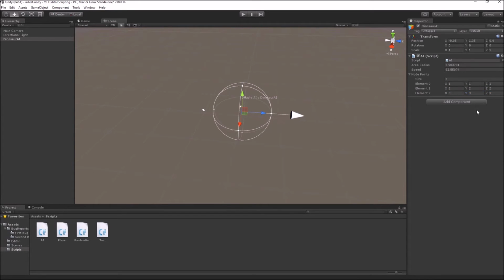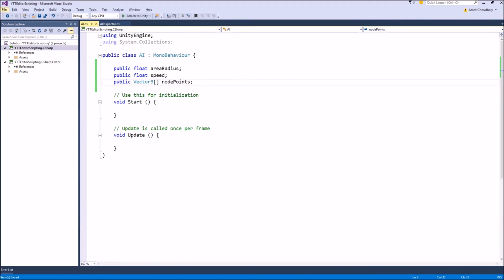But there is no way you can be sure the AI is not going to move into an obstacle, it is not going off screen, etc. So you want a method in which you can visualize exactly where these points are inside your scene view. For that, we can use the Handles.PositionHandle function and also have direct control over these positions, so we can directly control these points, position these points directly in our scene, and the change is reflected in the variables